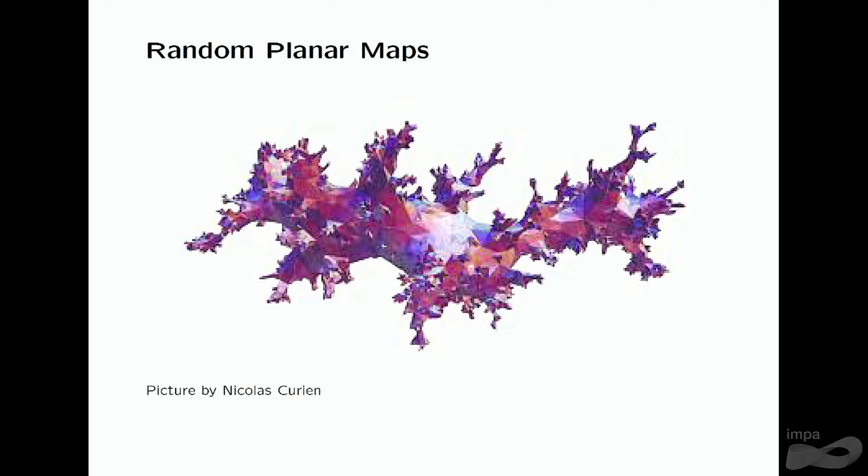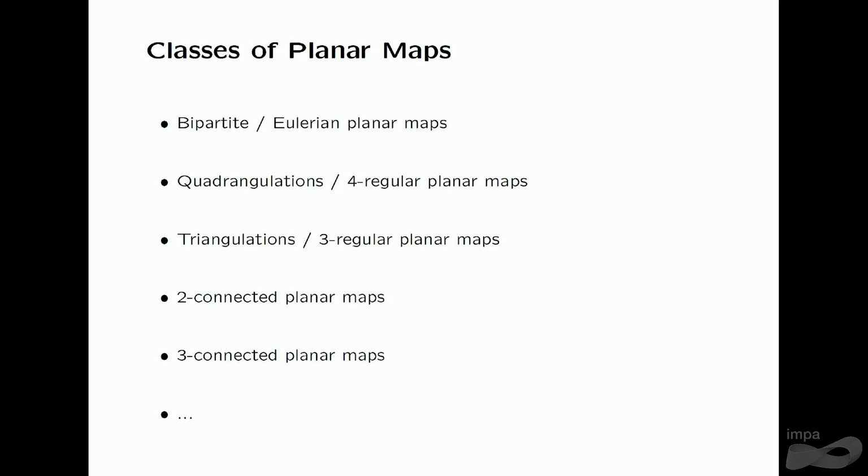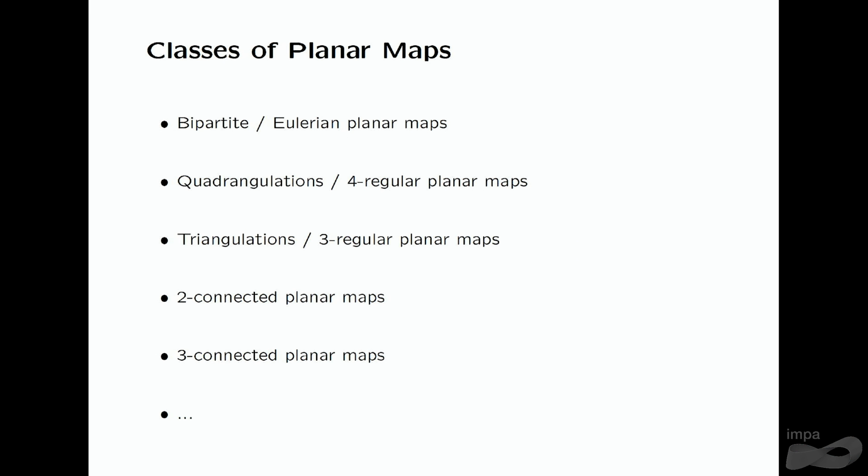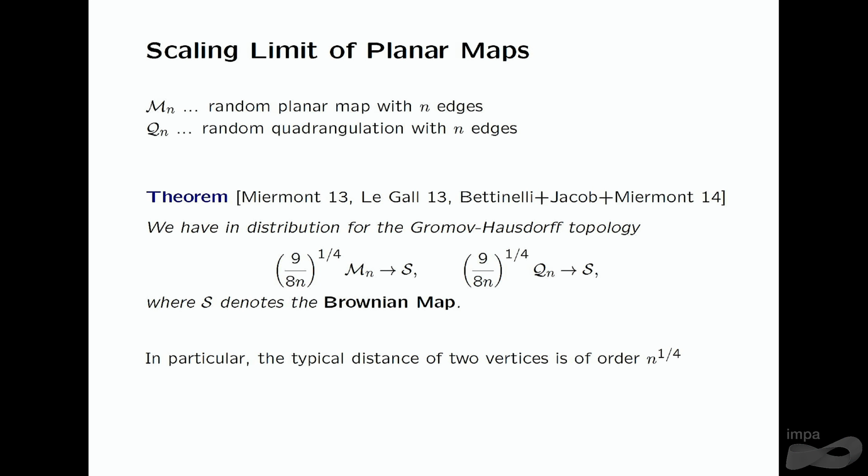This is a picture of how a big planar map looks. It seems that there is a kind of random surface that is a scaling limit of this random planar map, and this is true not only for general planar maps. There are many different classes of planar maps that you can consider, quadrangulations, bipartite maps, and so on. In several of these cases, it's already proved that there is a scaling limit, because if you scale the distances by the 4th root of n, then this planar map converges in the proper sense to this random surface